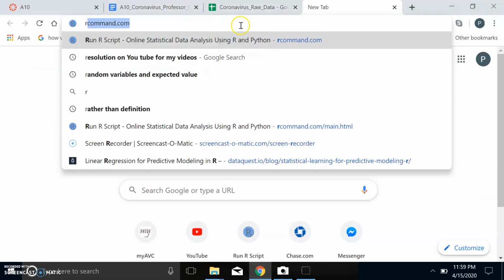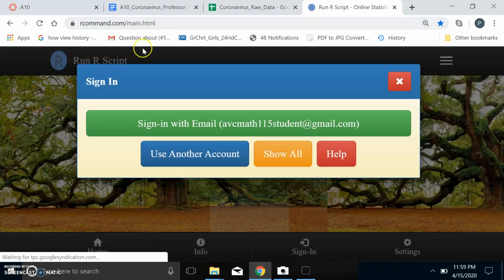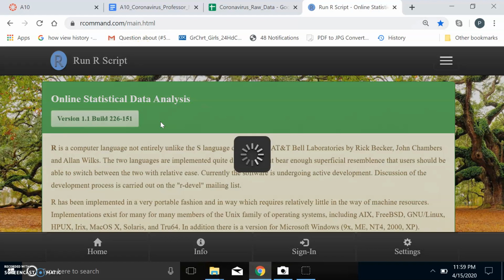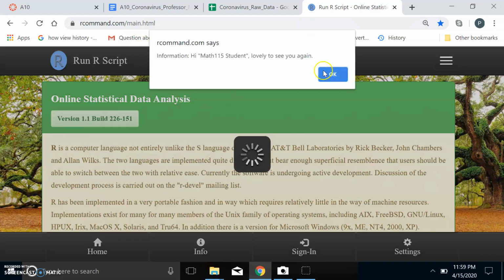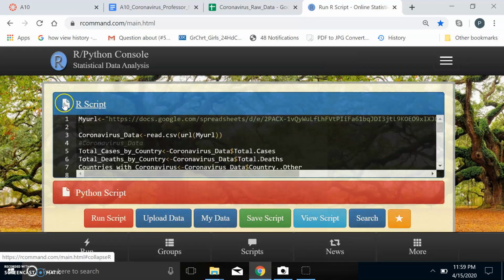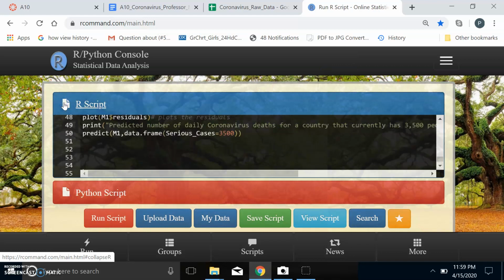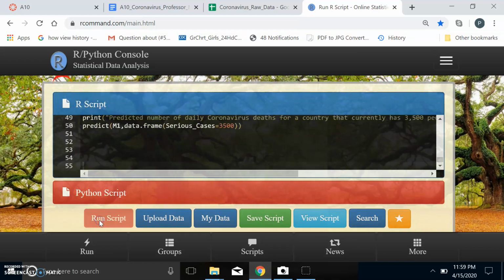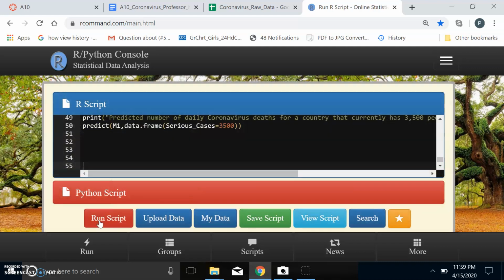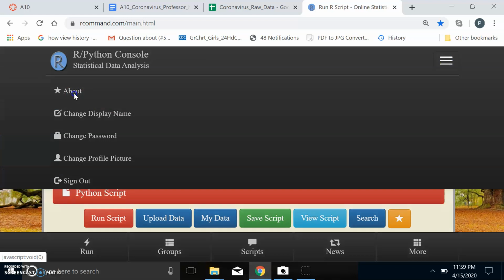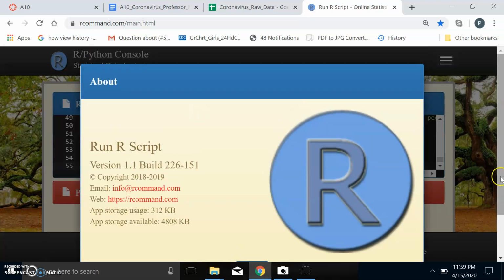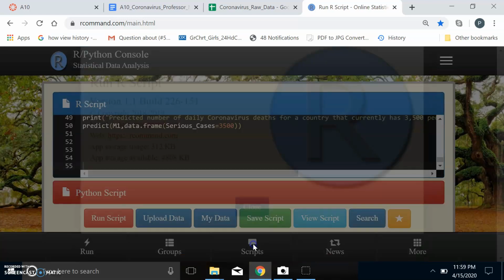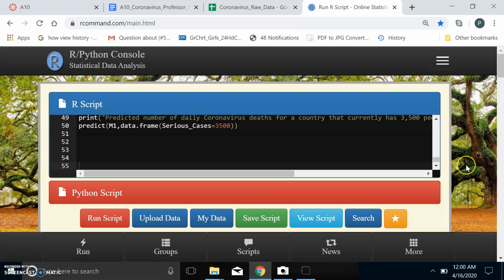There it is. Sign in. Say OK. Get rid of the old guy here. And then paste. And run. Okay, it doesn't show the scroll bar, so I'm going to go about. Now you can see the scroll bar pops up. So going down here, then